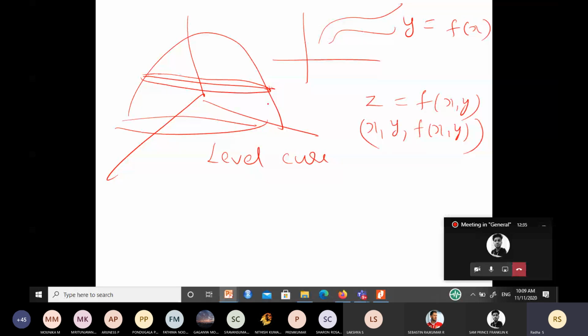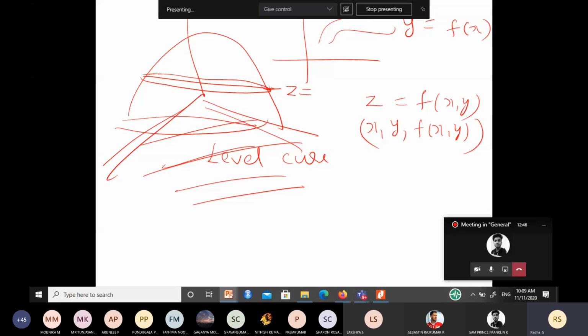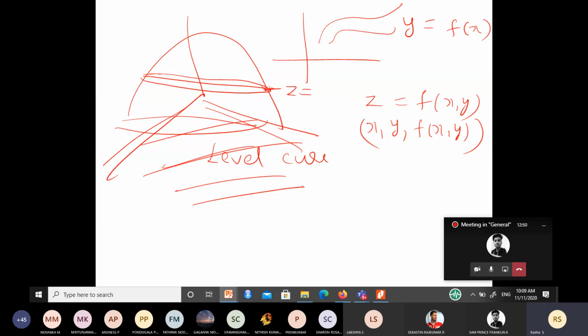That is what I'm doing. Actually, this is a three-dimensional figure. I'm cutting along a particular value of z, right? Because x and y values are scattered here, z gives you the height. So this only speaks about height. At a particular value of z, I'm keeping z as a constant, and if you make a cut there, you get a circle. That circle is called the level curve of this paraboloid.